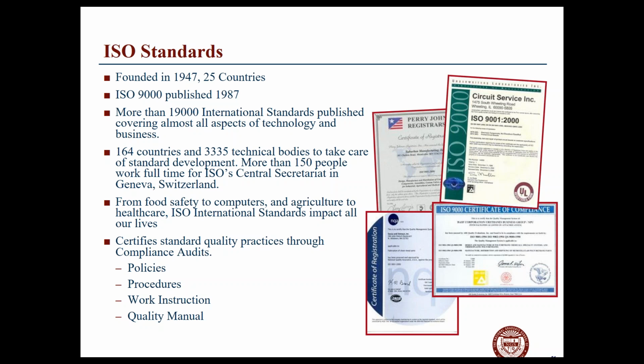And so ISO sprung out of also right after the war. 25 countries start to get together and say, okay, how do we figure this out so we can, for trade, international commerce, understand what quality would look like. A lot of compliance at the very beginning of this, and it was greatly influenced by the Baldrige. And there's an ISO 9000 2015, and there's versions that come out every 5 years.